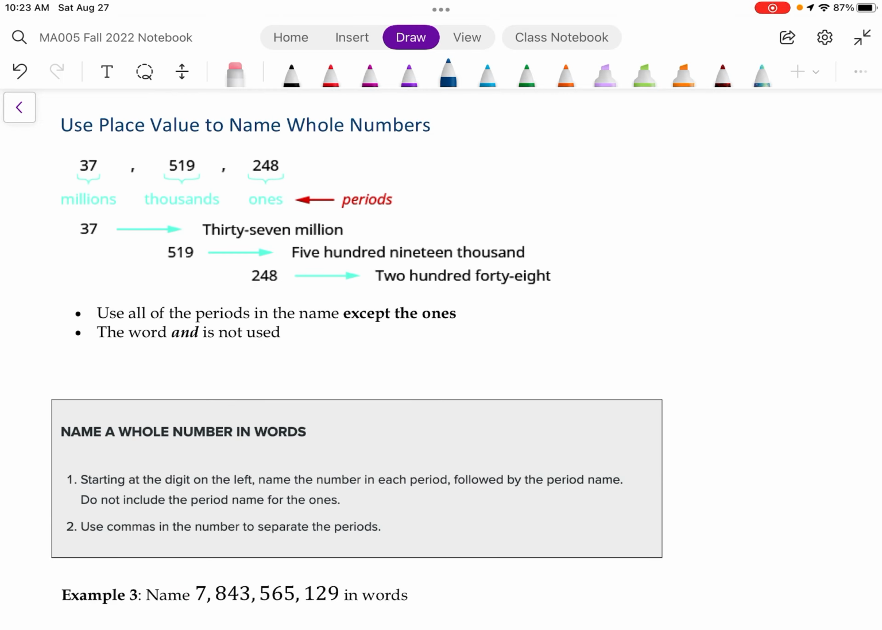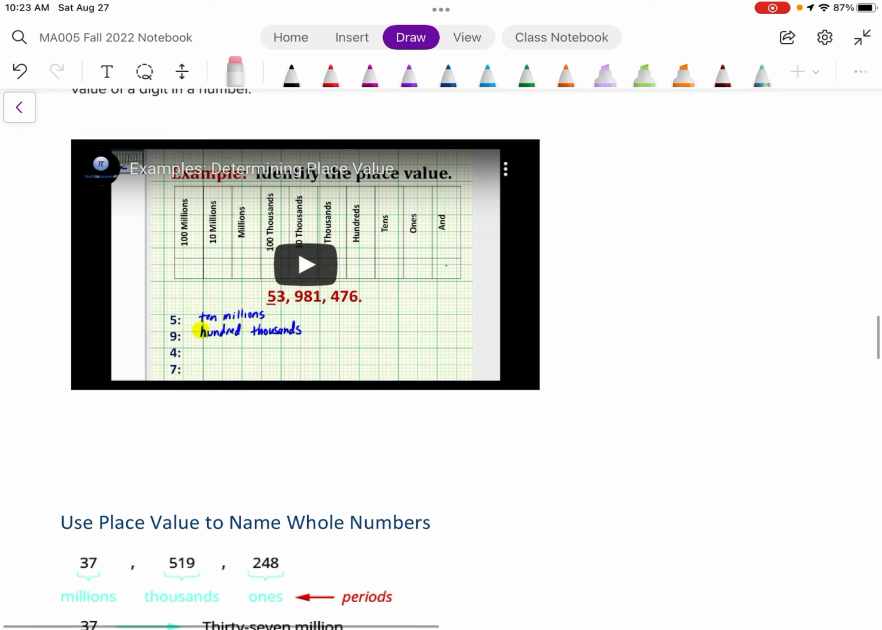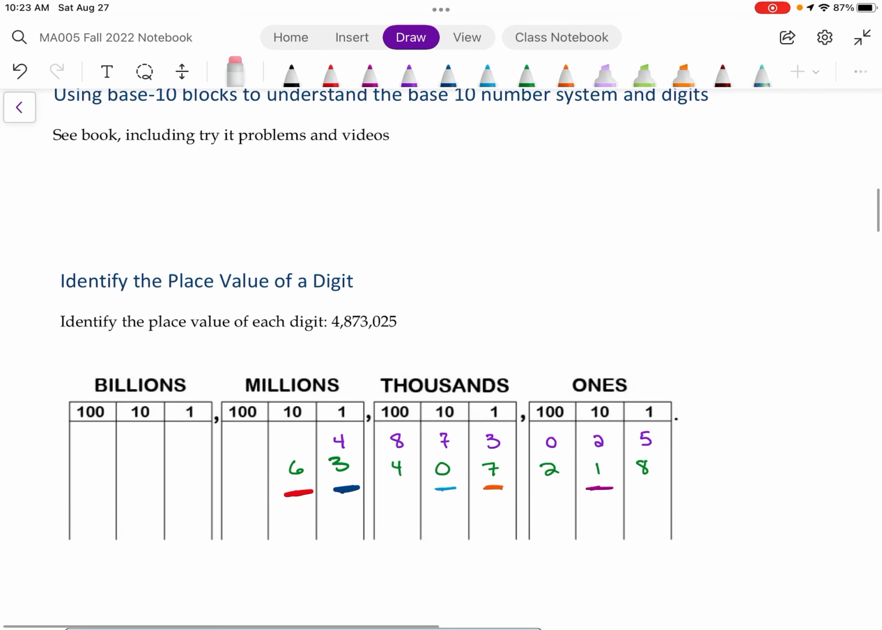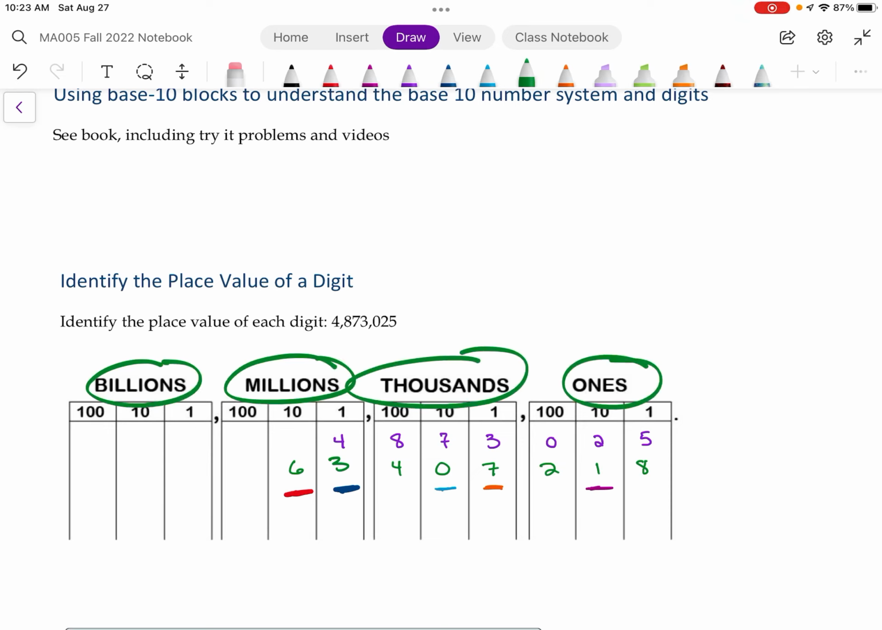All right, so now we're going to use place value to name whole numbers. So 37 is in the millions place. So we've got these 3 different sections here that have the different place values. So each of those is called a period. Okay, so each set of 3 numbers is a period. So we've got the ones, the thousands, the millions. So if we go up here and look back at our chart, each of these is a period. The billions period, the millions period, the thousands, and the ones. Okay,